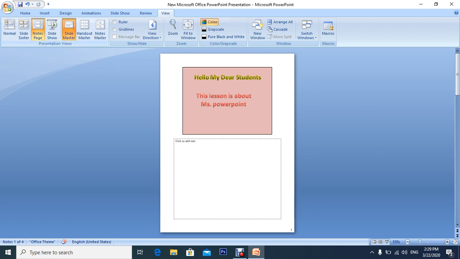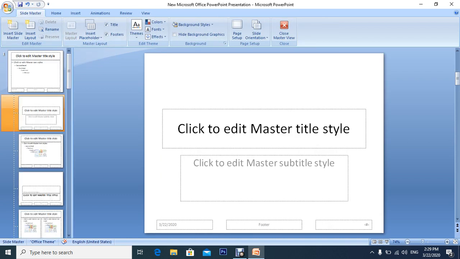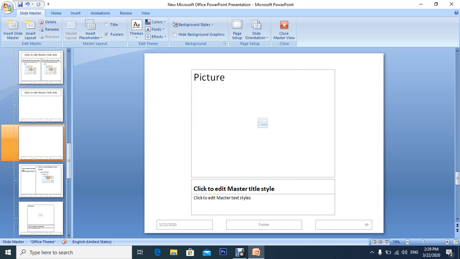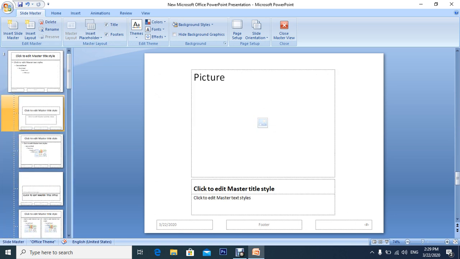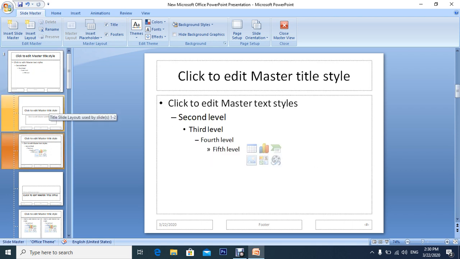You also have something here called slide master. Slide master will create for you a palette that you have to put your content on, it shows you like